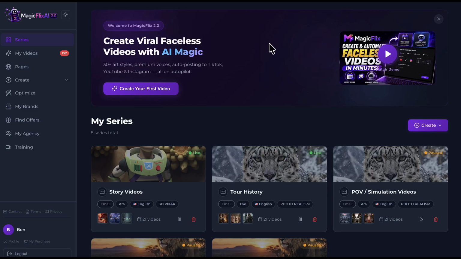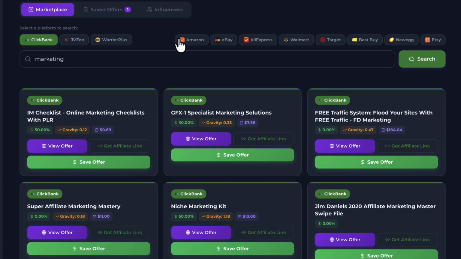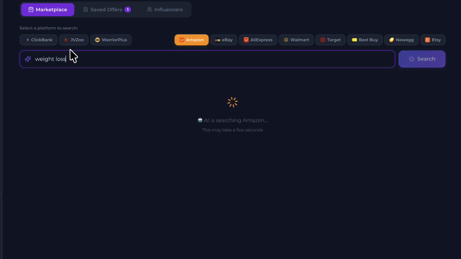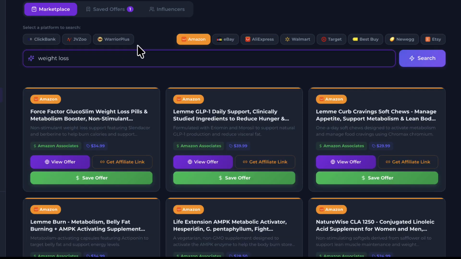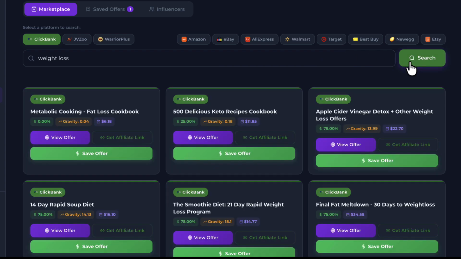But MagicFlix 2.0 doesn't just create hundreds of the most viral channels for you, it instantly monetizes them in several different ways, so you're not relying on views alone to profit. Navigate to offers and let AI find the best converting products across all major affiliate networks. Enter a keyword to browse for products and let your channel brand incorporate it into your channel so you can earn from the products in the videos and affiliate link in your video descriptions and bio links.